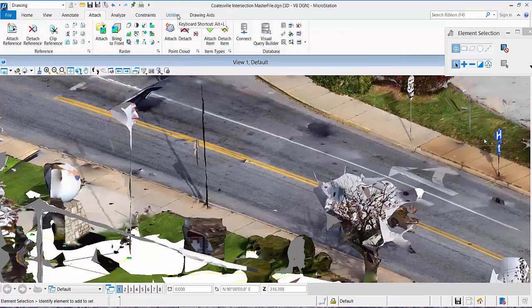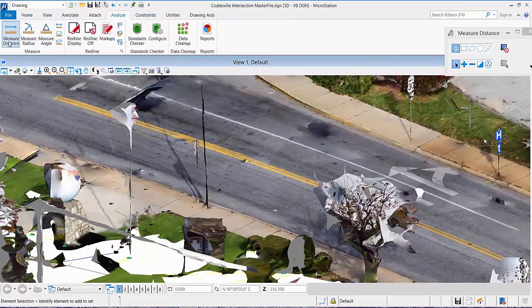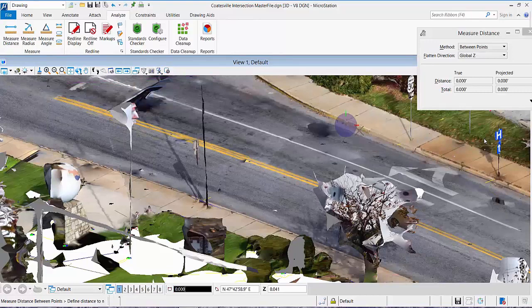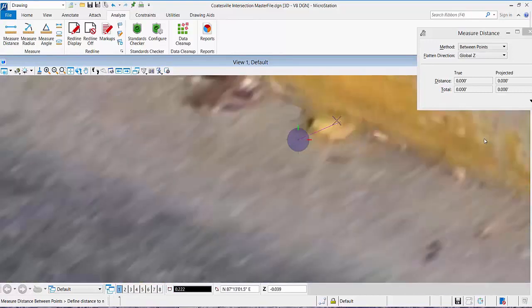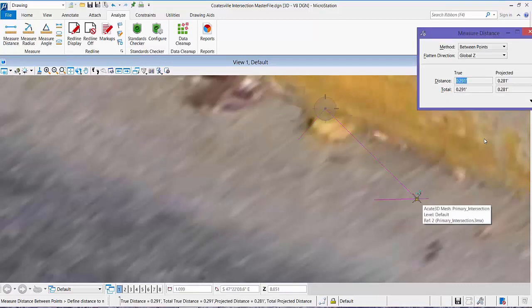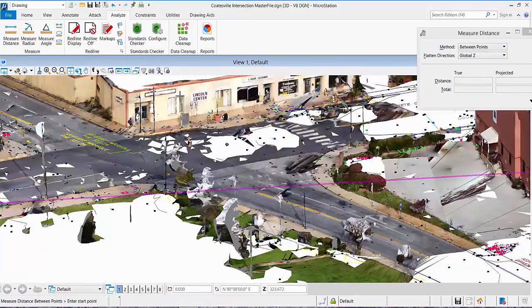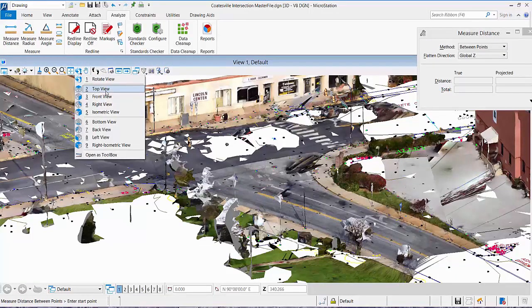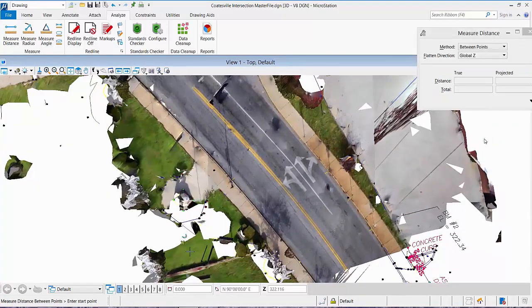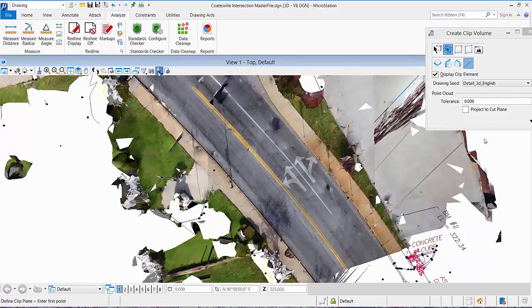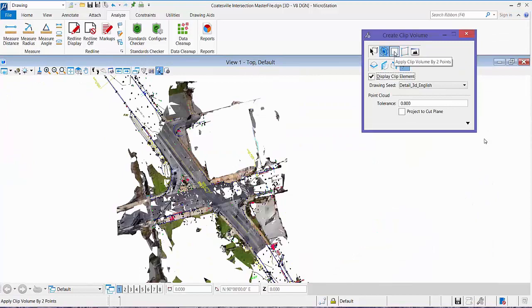We can use the MicroStation analyze commands, and we can also snap or measure any of these errors within our MicroStation environment. With the MicroStation clip volume utility, we can run a clip volume on our reality model and display a cross-sectional view of our roadway. To do this, we simply grab our clip volume tool,